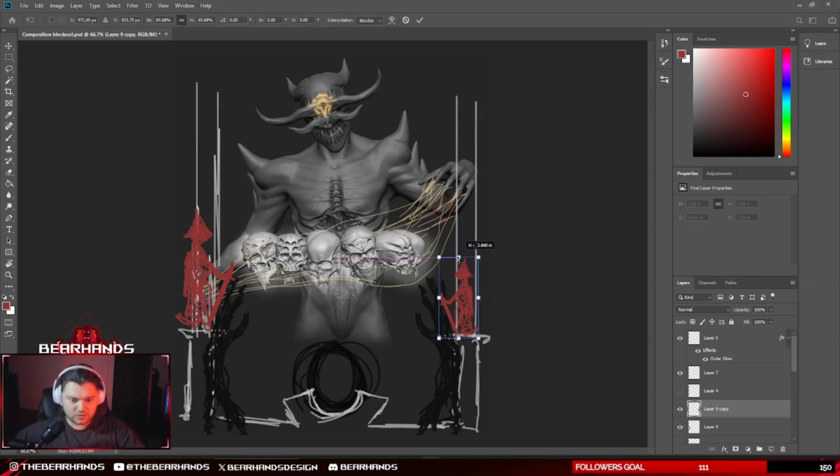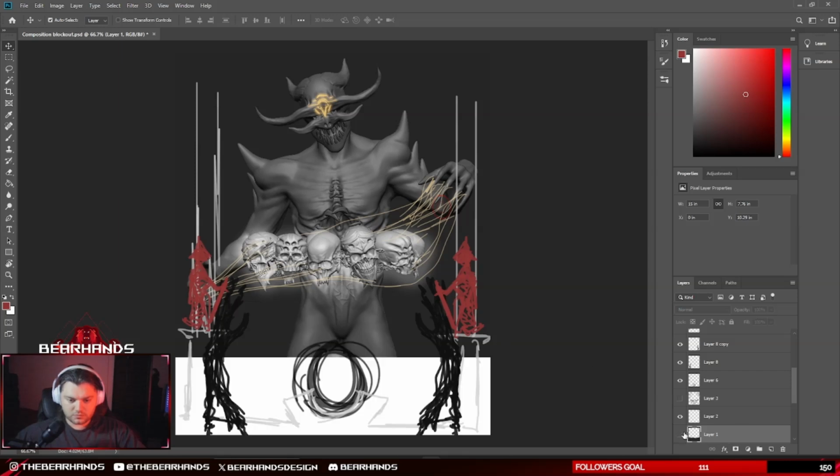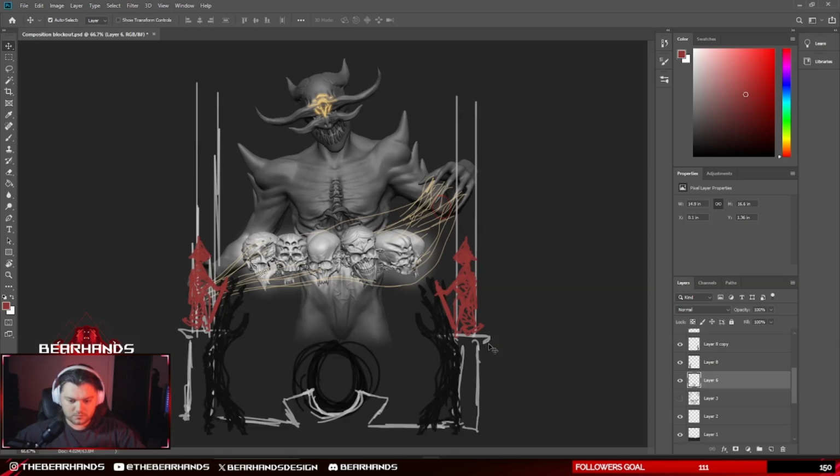It's going to be smaller. And then, yeah, and these can be just pillars that turn into, I don't know,